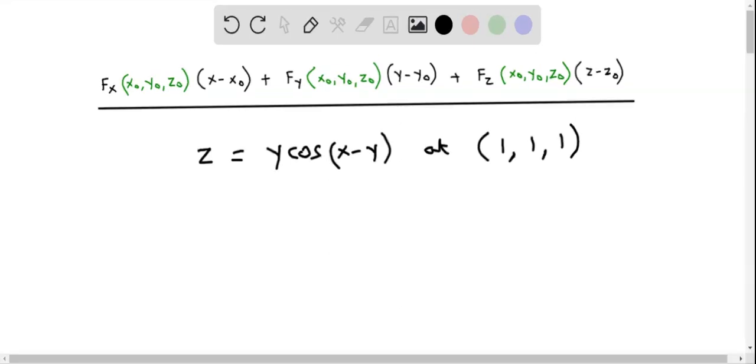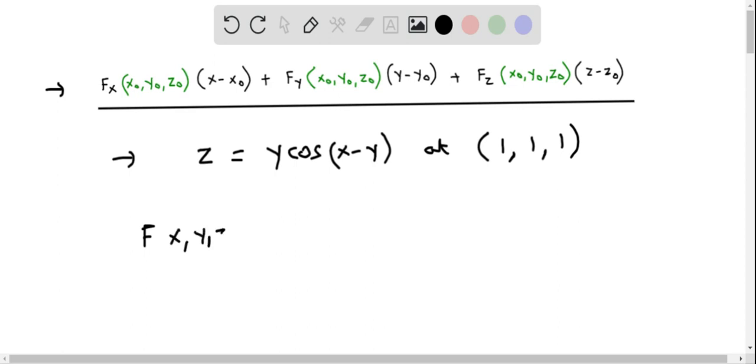We now determine the equation of the tangent plane to the given surface, z equals y times cosine of (x minus y), at the point (1, 1, 1). This is the formula that we are going to utilize to determine the equation of the tangent plane to the surface. So first I'm going to write down this surface function as f of